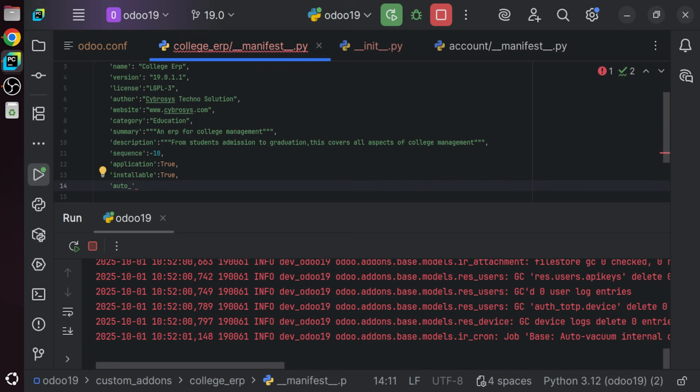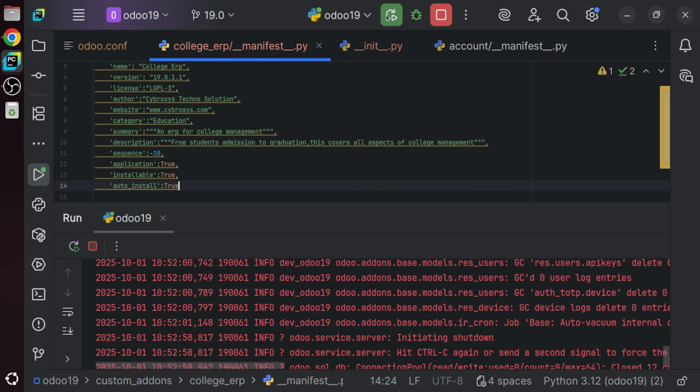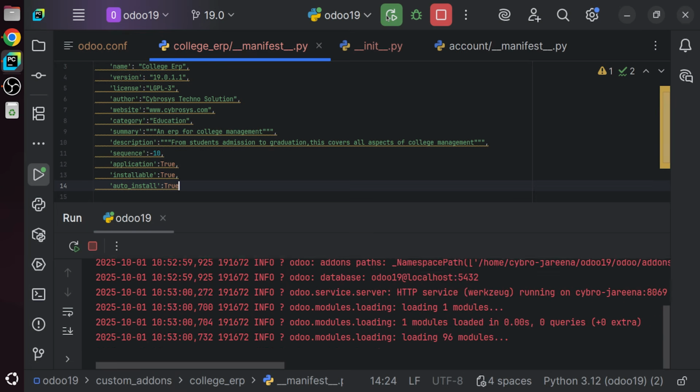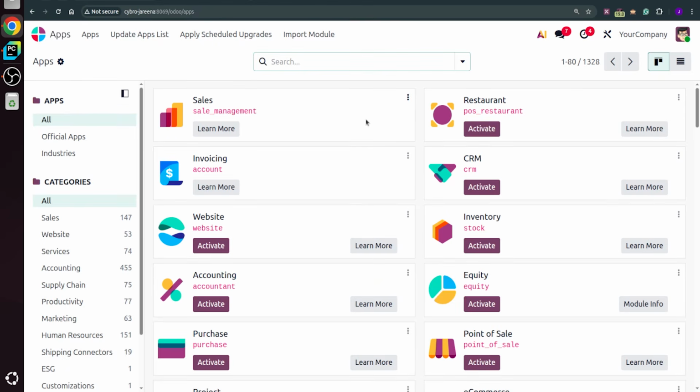So if it has got any other dependency module, and if that module is installing, we just need to automatically install this module also. So you can basically use this key over here, that is auto install, and set it as true itself. And afterwards, let me run everything, and again,